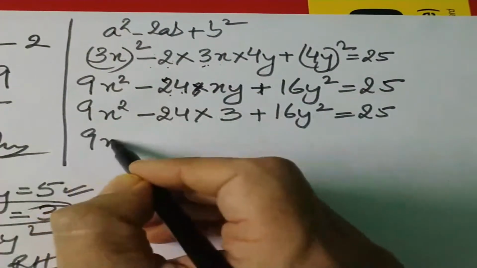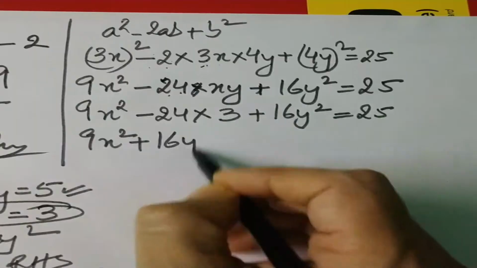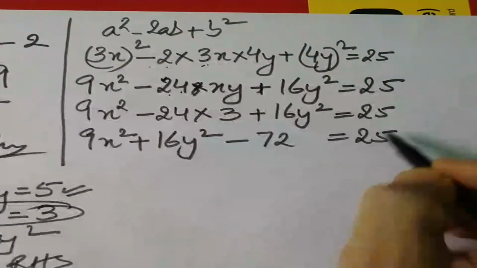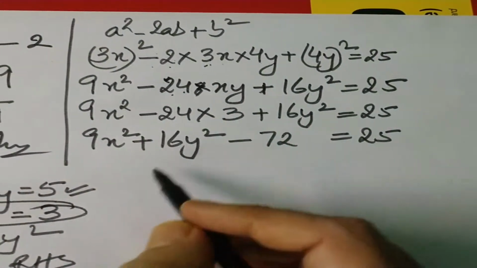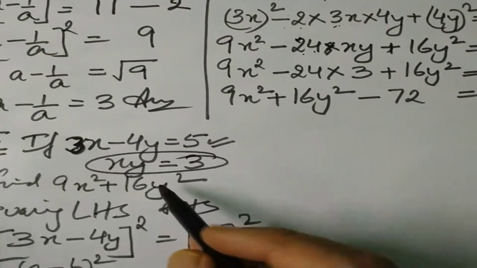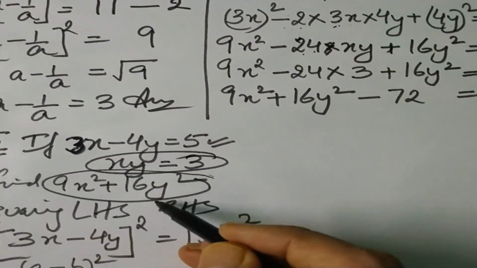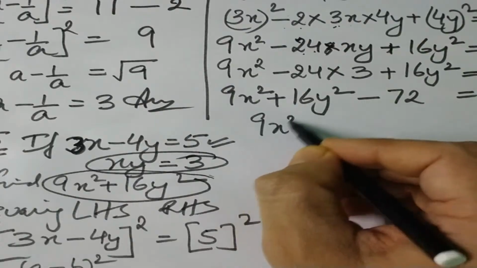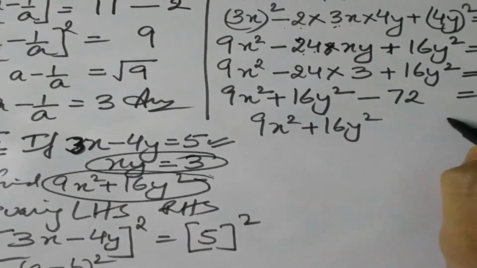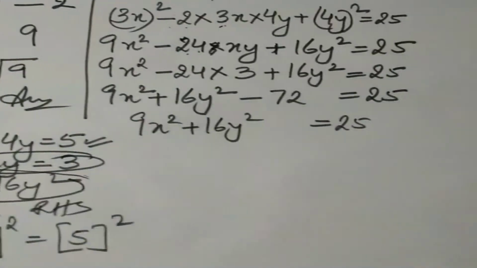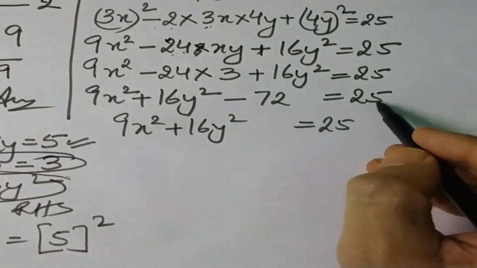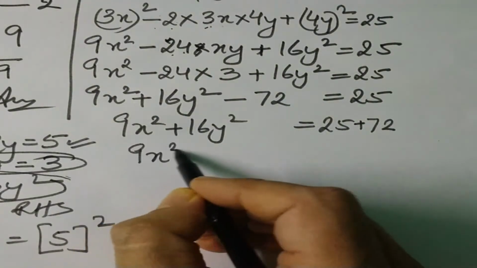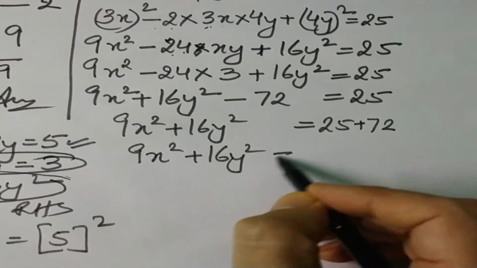Okay, so 9x square plus 16y square and minus 72 is equal to 25. 24 into 3 minus n. So what happened? I have got the first part, it was asked. So I have got this here. See, 9x square and 16y square. So 9x square plus 16y square is equal to 25, and this 72 will come here. So plus 72. So it becomes 9x square plus 16y square is equal to